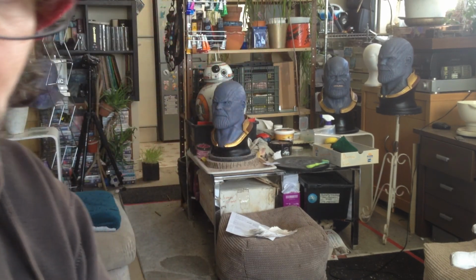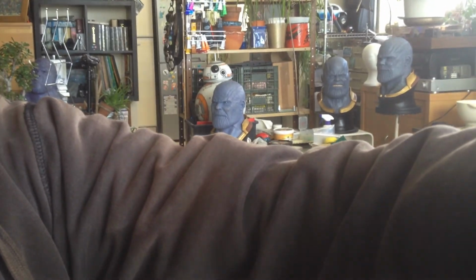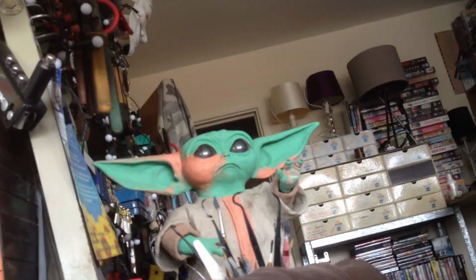I was doing my Baby Yoda, which is up there, and he's still in the same not-very-Baby-Yoda-looking state, but I will get back to him. I was trying to do a full-size, life-size one and stick it on eBay, but since then